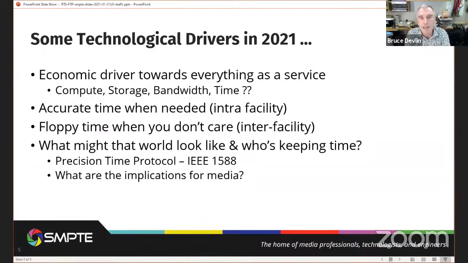But when you're trying to put together a comedy program, that actually might be quite tricky. Depending on the genre and the nature of your program, it can be quite interesting how you tie all of this timing together and what sort of timing requirements you might have for a program. I've already mentioned accurate timing when you need it and floppy timing between the two. So we're now going to dive into some of the specifics.